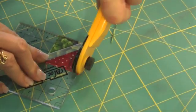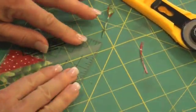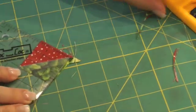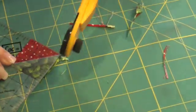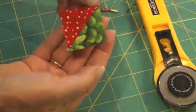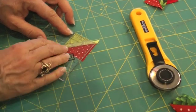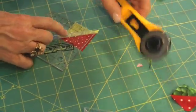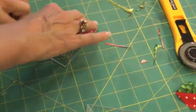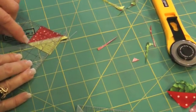Notice I've changed to a smaller rotary cutter here. Then I'm going to spin it around, pull this down, register this at 1 1/2 by 1 1/2, cut, and you have your perfect half square triangle. Do you want me to do it again? Okay, so I put this here, pull it down, make sure it's still more than 1 1/2 on the bottom side, cut, carefully spin it around, pull it up, register this on 1 1/2, 1 1/2,